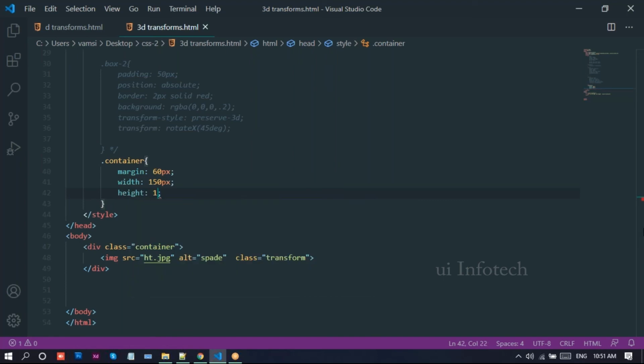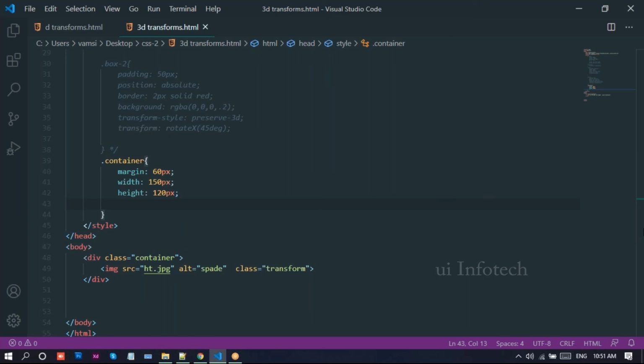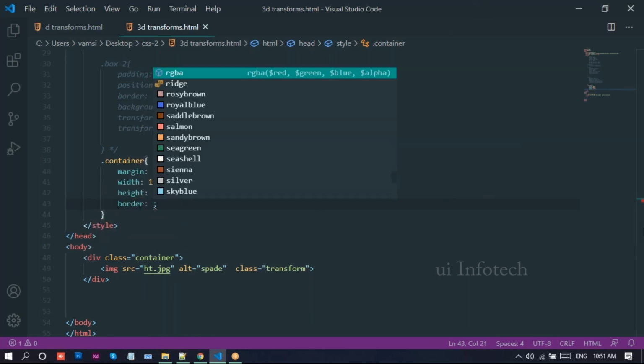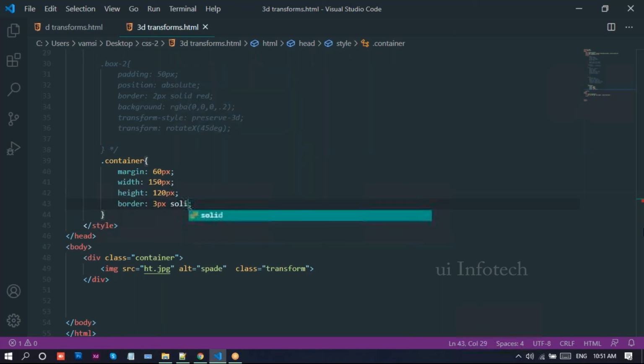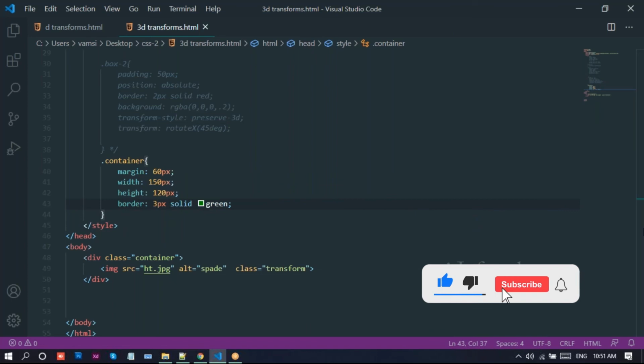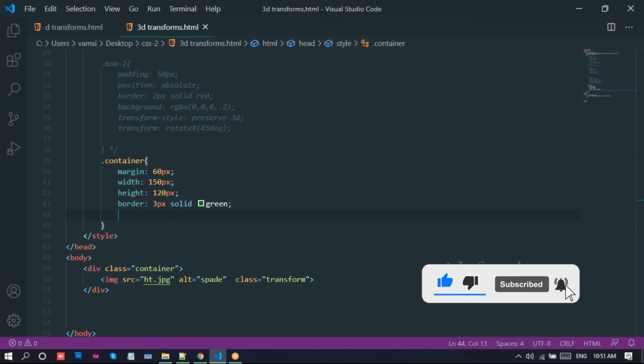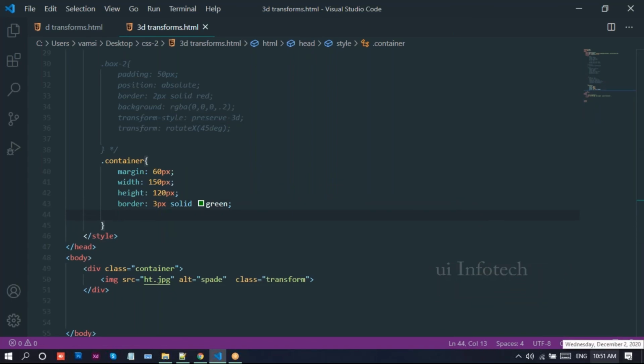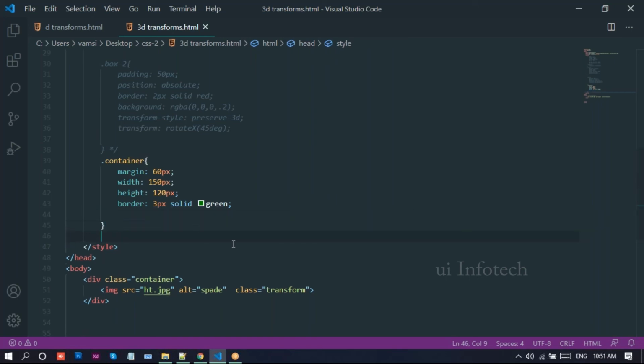And height I'll provide 120 pixels. And we can write here border 3 pixels solid green color. And we need to take some perspective here. Before that, we just apply some class name.